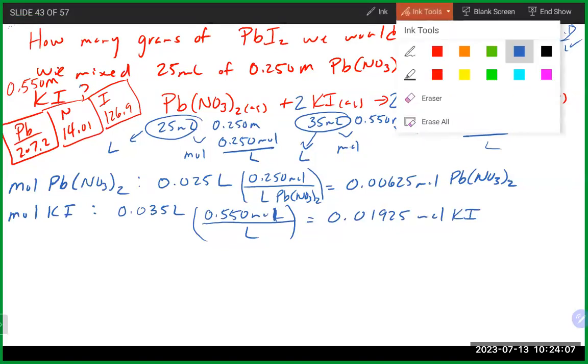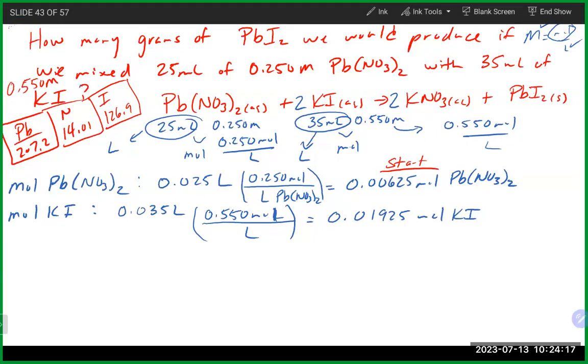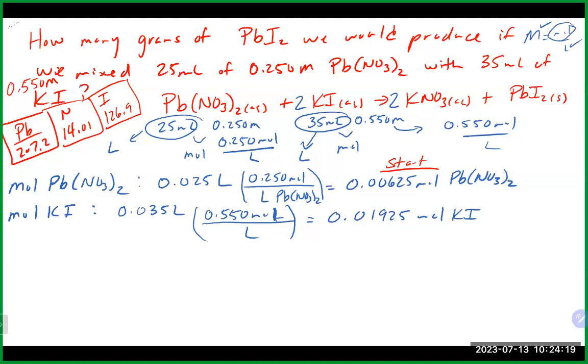So since I'm running out of room here on this page, what I'm going to do is actually do the other version. I'm not going to do an ice table here. You can do an ice table if you want to, but I'm going to do the other calculation that we talked about, where I'm going to figure out which one's the limiting reagent. So to figure out how much of the lead 2 nitrate is needed to use up all of the KI, I'm going to take my starting moles of KI,